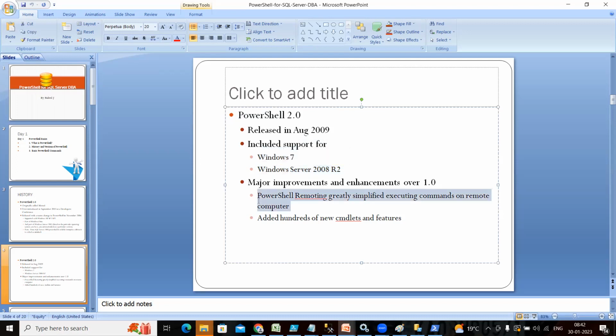Here is what happened: after this, you will be able to perform any operation or any script remotely. You don't have to go to that server to perform the operation. Before PowerShell version 2, in PowerShell version 1, if you wanted to develop any PowerShell programming, that time